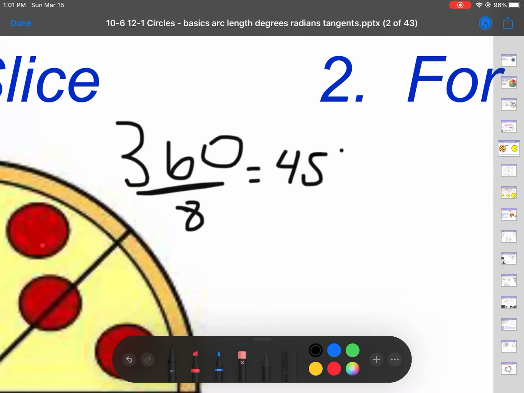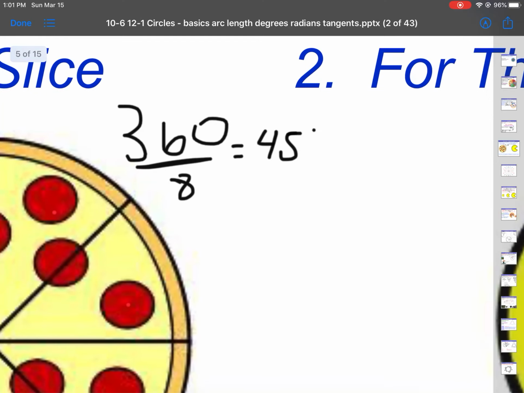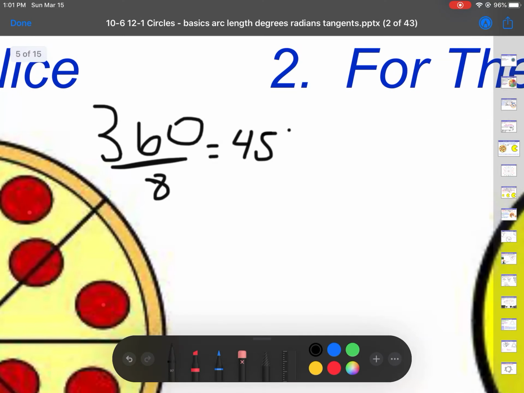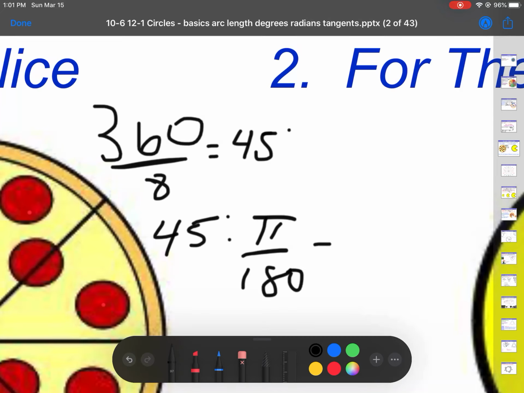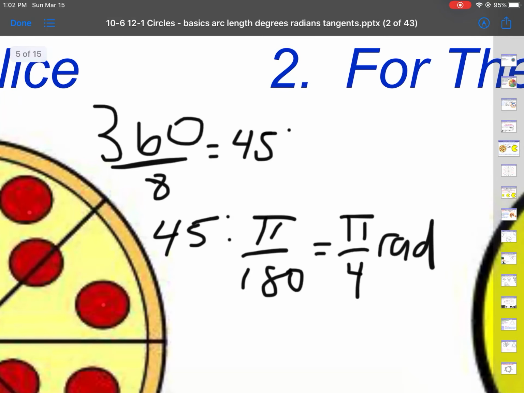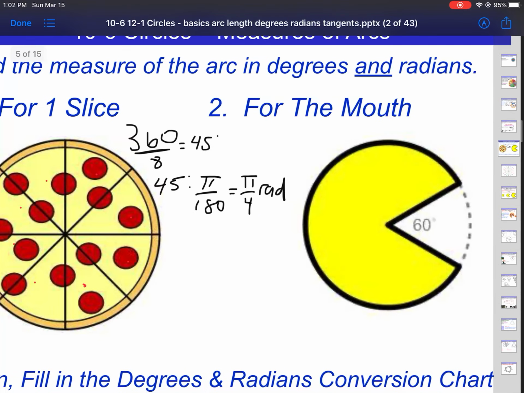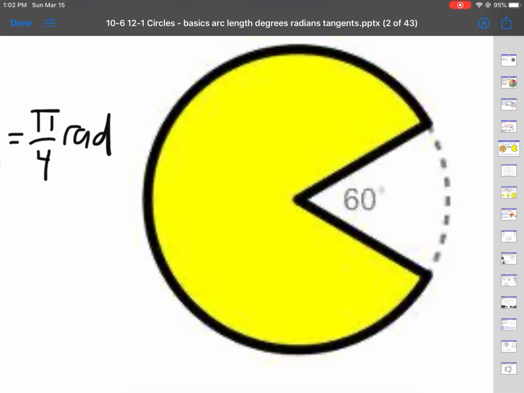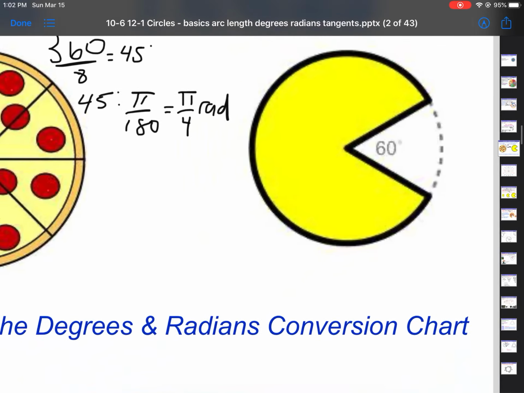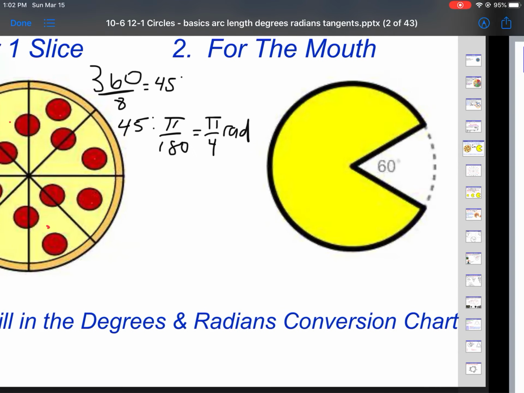So that's 45 degrees. And if we want to convert that to radians, 45 times pi over 180. And then we get pi over 4. So pi over 4 radians is equivalent to 45 degrees, and that is the measure of the arc. And so for this one, Pac-Man, we're given that 60 degrees. So if we want to write that in terms of radians,